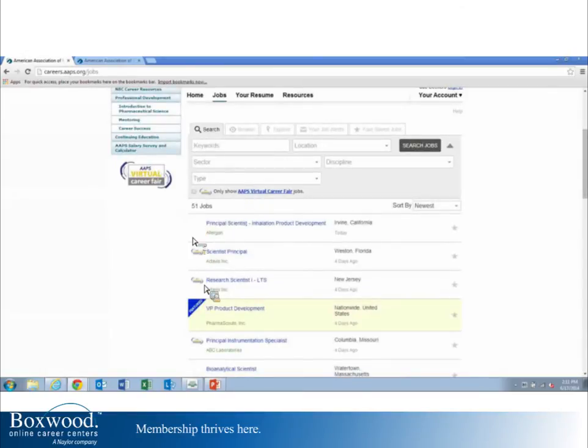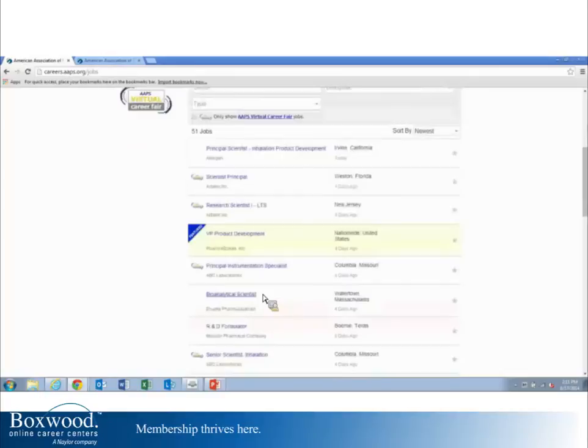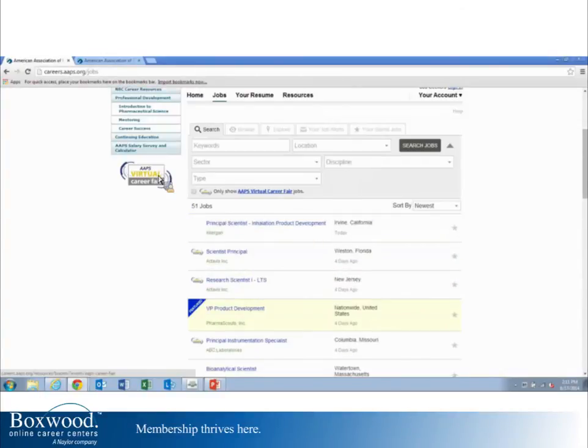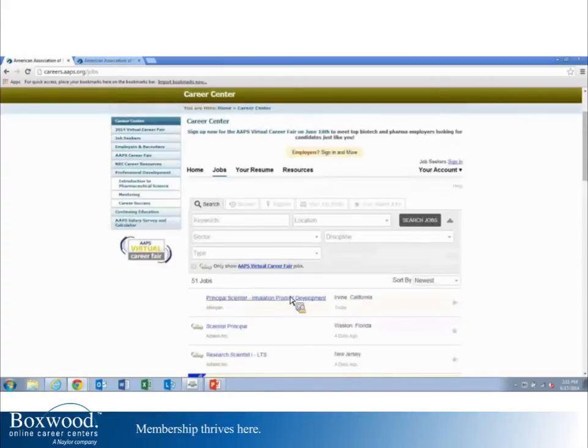When people are looking at your job listings, you'll see that there's a little icon next to the virtual career fair jobs. And so that's one of the things that ties the virtual career fair into your job board to help promote that event to your end users. When they see these different employers participating, they're going to want to sign up to go and interview with them